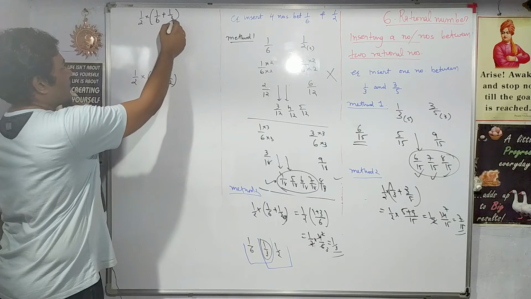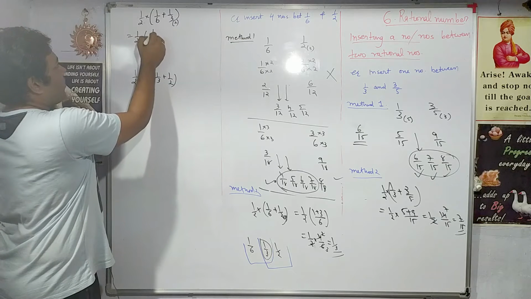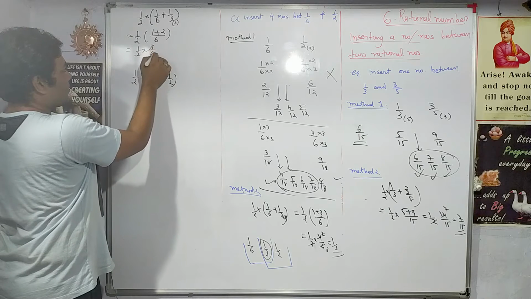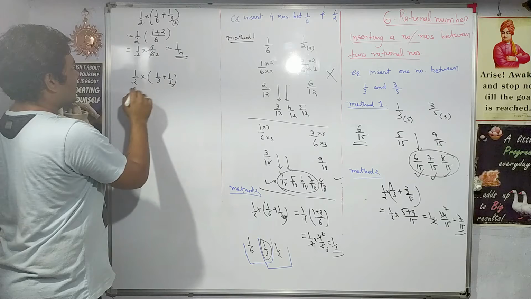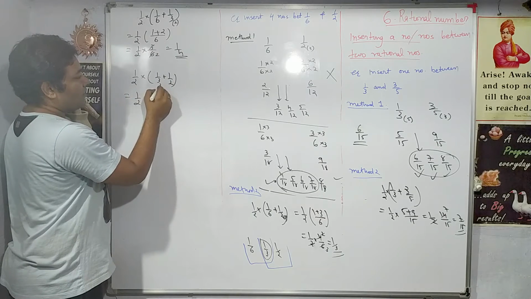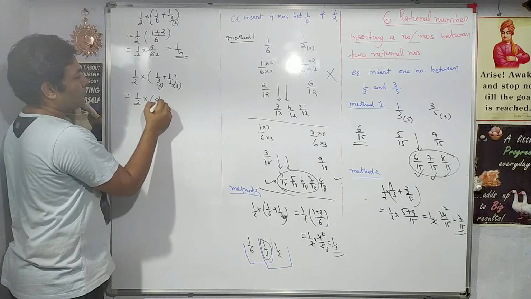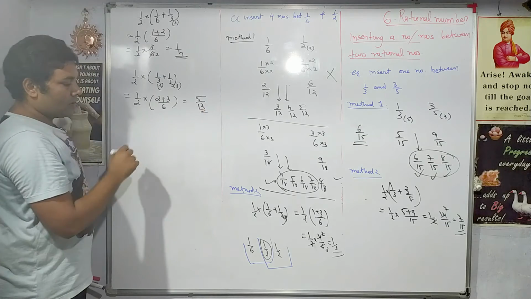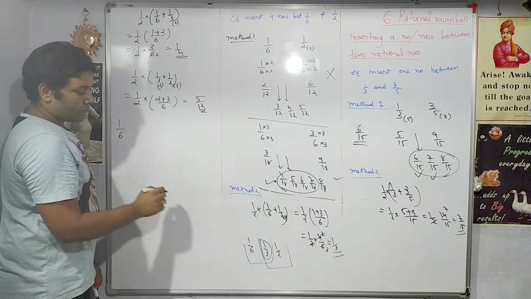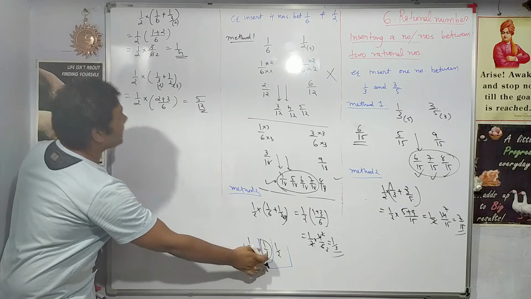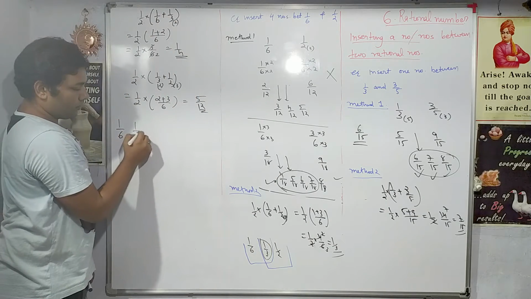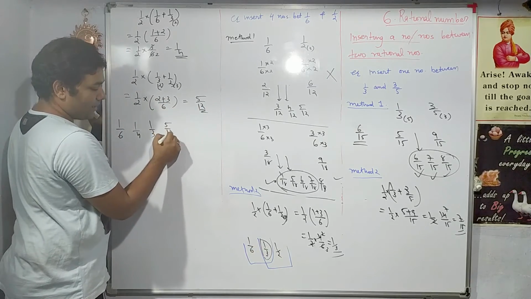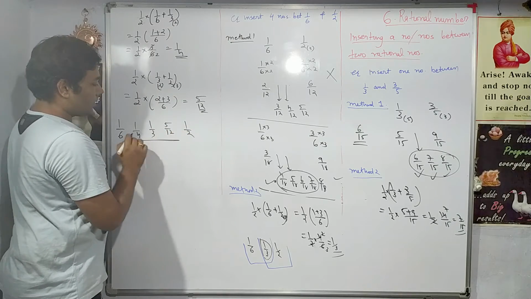Let us simplify both of them. Here again LCM will be 6, so half of 1 plus 2 by 6, this will give me half of 3 by 6, 3 2s are 6, so that is 1 by 4. Here what will it give me? LCM will be 6, so half of 2 plus 3 by 6, that is 5 by 12. This is another number. So now what can I write down? Between 1 by 6 and 1 by 3 I found one more number, that is 1 by 4. Between 1 by 3 and 1 by 2 I found one more number, that is 5 by 12. So here I have 3 numbers between these two.